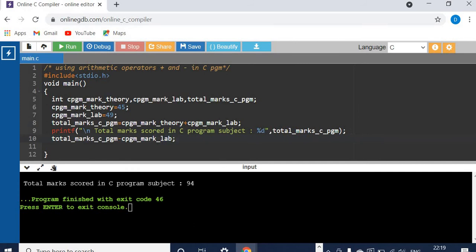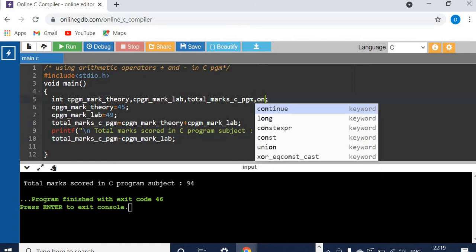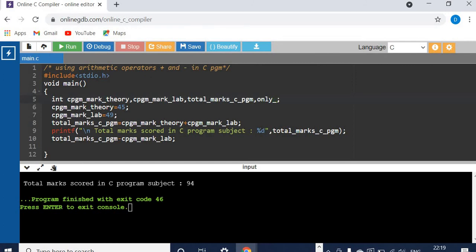I want to store it in another variable, theory marks. Using the total marks you can find it out, so theory marks is equal to total marks C program minus C program lab.